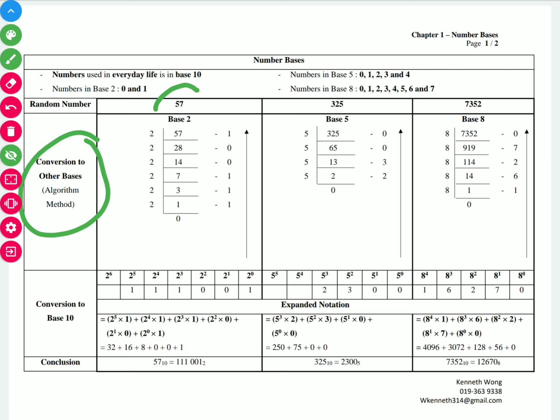I'm going to take the number 57, for example. It's already written. So what I did was I divided by 2 for each number until I got a 0. And you can see for this part where I'm almost at a 0, I had to divide by 2 again, and every step that I divide, you will realize that this is actually subtraction. I actually took 1 from 57, and because I did that, I can divide it by 2,